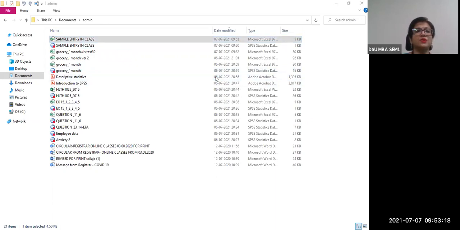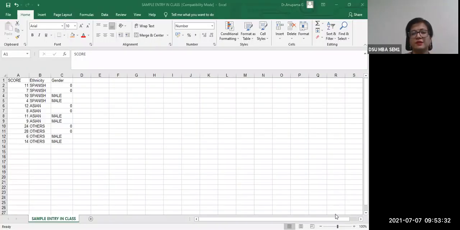So let us see how it comes in. All right. So how it is coming in is like this. Okay, you're not able to see the screen, so I have to stop and share the screen again. Okay, now you can see the screen. The file, are you able to see the file title? The file is sample data entry.